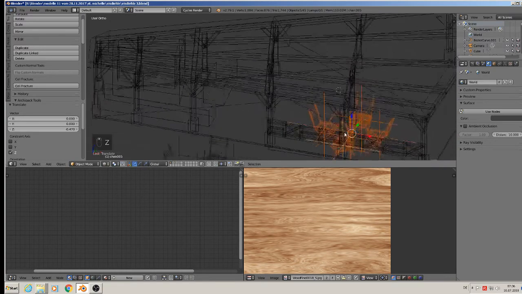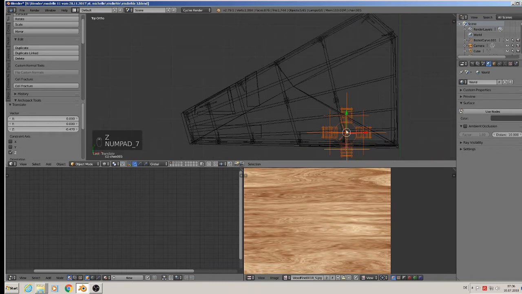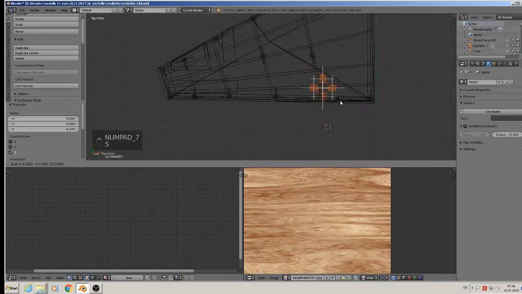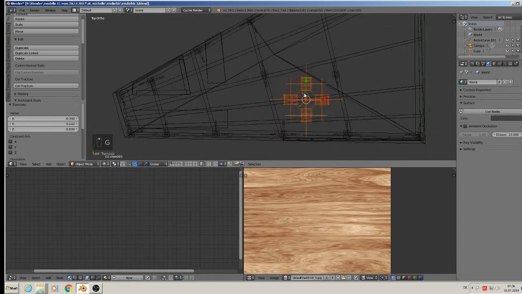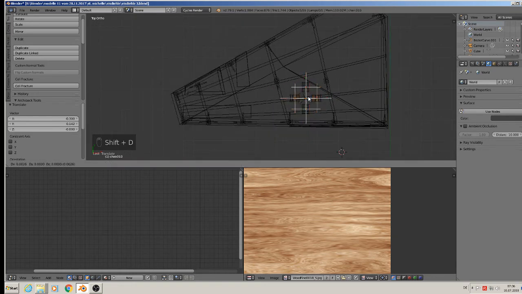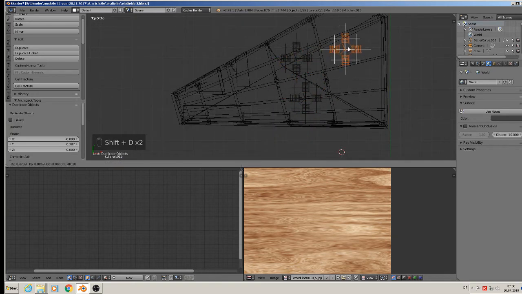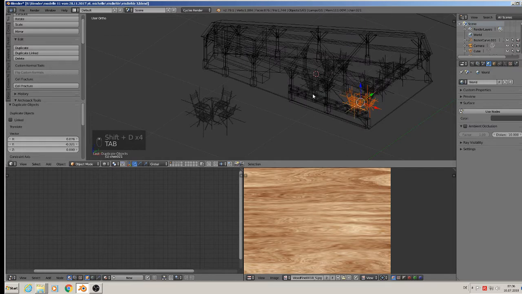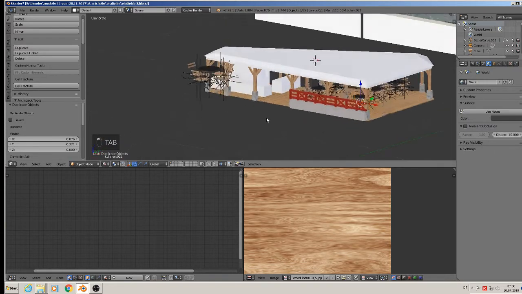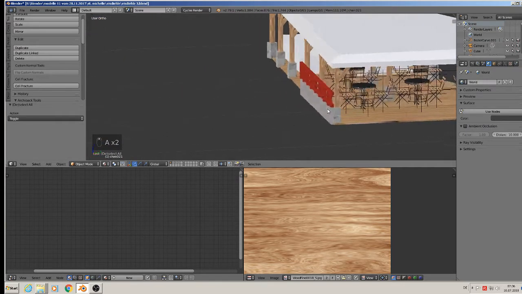So we make set, that we see that better, and we go to top view, and then we scale it down that we can place it better there. Then we make a copy, Shift D, and place it there too, Shift D, place it there too, one in the middle and one to the front. So we have now many seats there in the cafe,